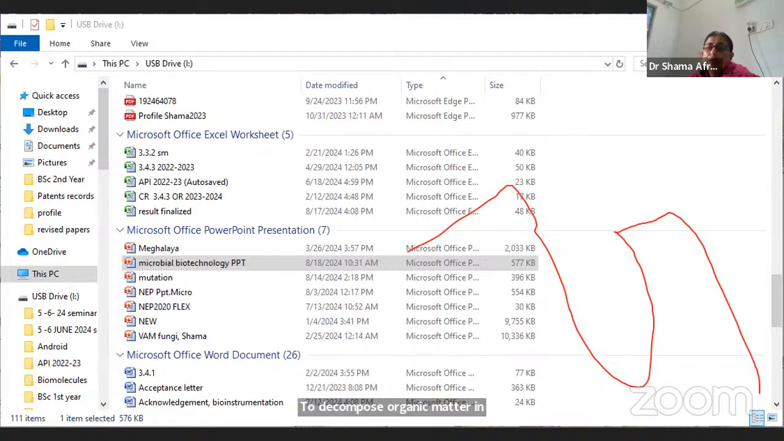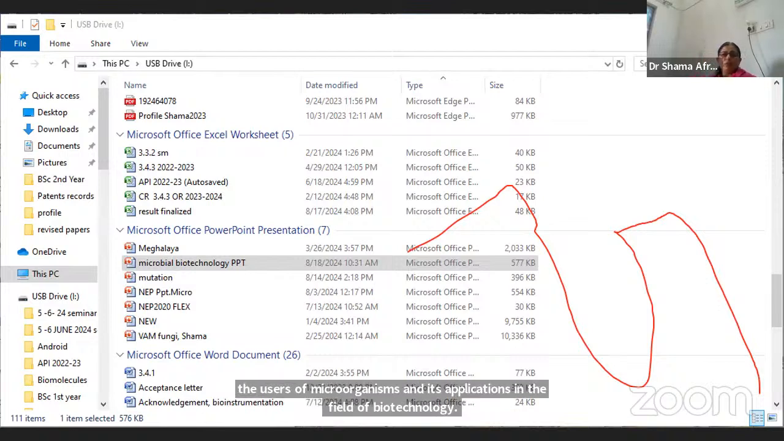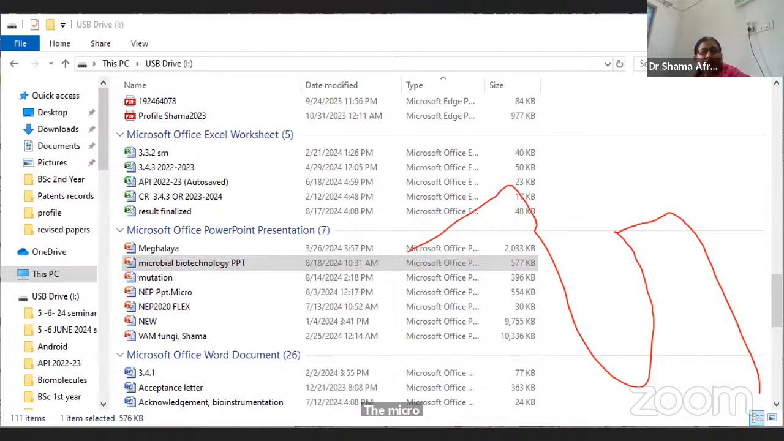All these include the uses of microorganisms and their applications in the field of biotechnology. Microbial biotechnology also involves the use of genetically modified organisms to perform a specific task. As I said, genomics helps in the development of genetically modified organisms, and these GMOs include crops that are more resistant to pests or that can grow